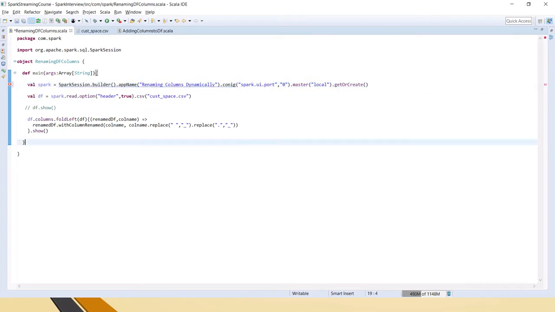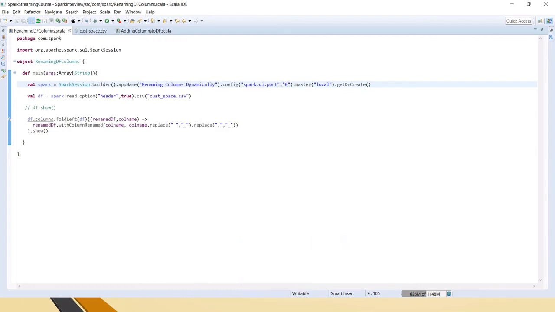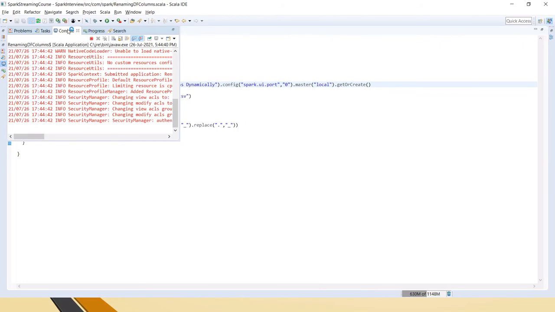It will check from there. If you give 100, it will start from 100, 101, 102, something like that. So whatever number you want, you can pass it. I am just giving it as 0, so it will start from 0, 1, 2, like that. It will do 16 retries. In between, if the second port is available, then it will immediately assign the job to that port. Now I have given the config, and I am running the job.